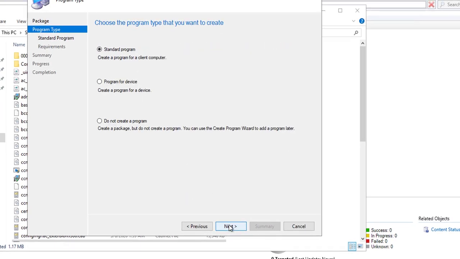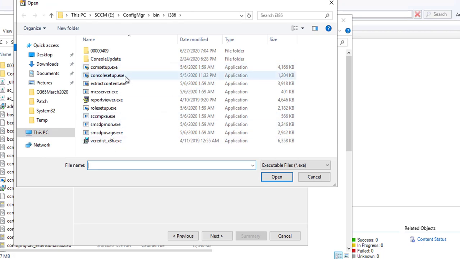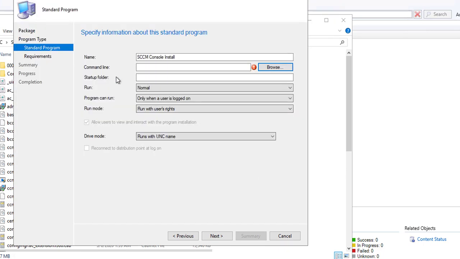Standard program. Let's create a standard program. I'm going to call this SCCM Console Install. Let's browse to the exe, consolesetup.exe. For the command line, I'm going to put a space, /q for quiet. Target directory: I'm going to put it under TARGETDIR equals